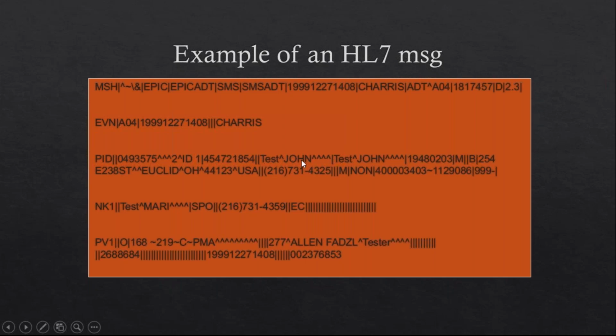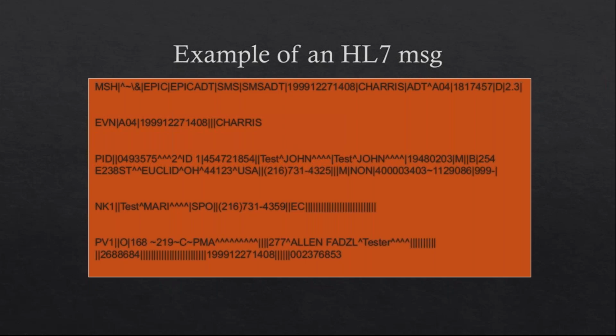And in 5 we have the patient name. Test John is the patient name. And this is a test sample because we cannot use any live sample message, so I'm using a test message here. So PID 5 is the name of a patient. Similarly, this is 6 and this is 7. PID 7 is the date of birth of a patient. So we'll be reading with the help of field numbers to identify a data element within an HL7 message.